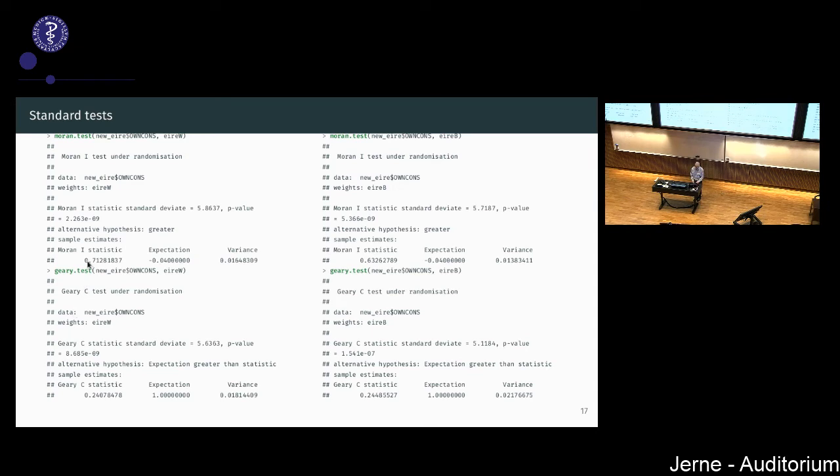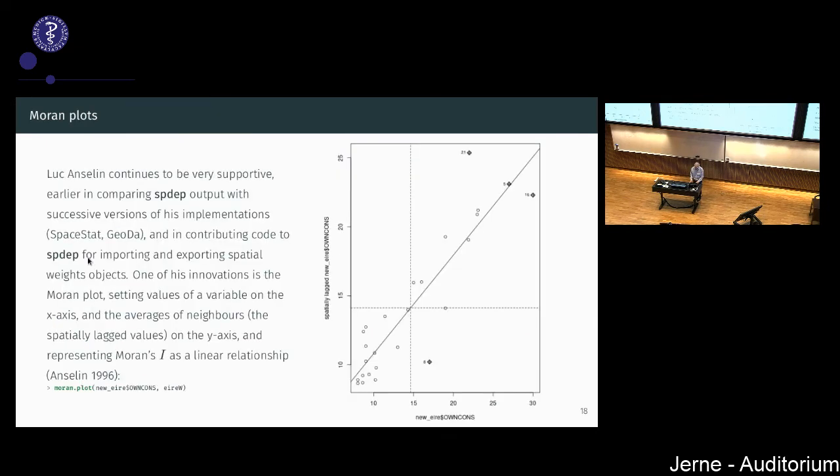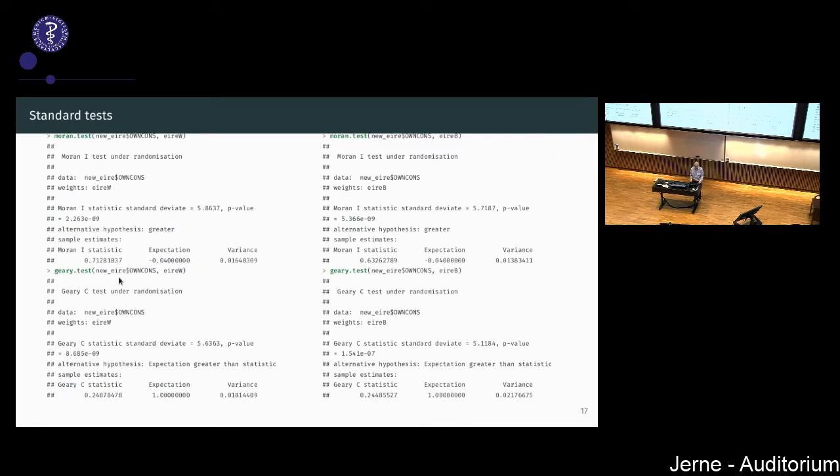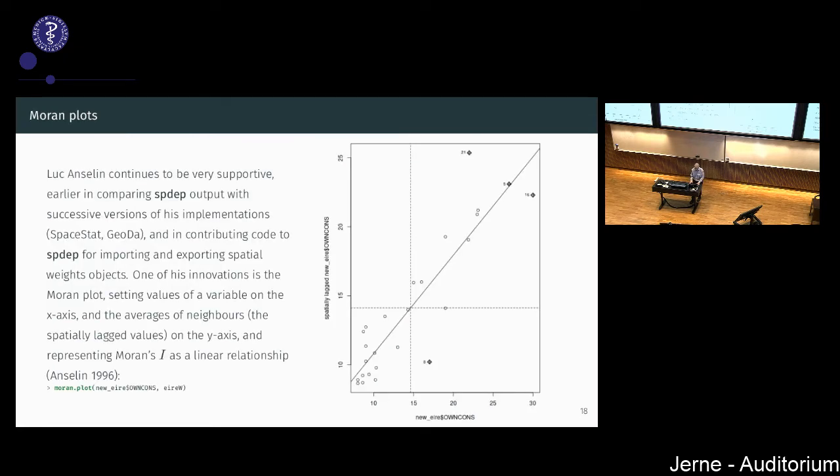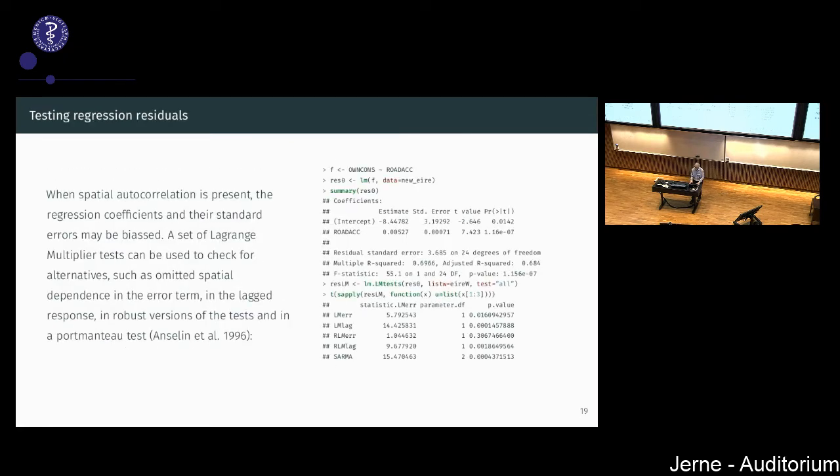And if we go back here, we've got, oops, I'm not sure that I can paint on this, 0.71282. So I wouldn't be terribly impressed by that myself. So it's not a miracle that they still get the same result, because it's largely the same code. It's just that it's been presented in a different way over time. The same kinds of things then extend to plots and to running spatial regressions and so on, so that we could test regression residuals.